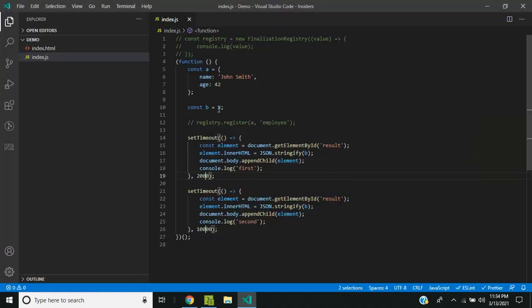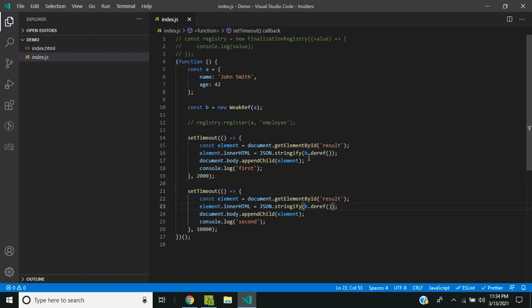So now let's try out the new WeakRef object. I am creating a WeakRef object B which is pointing to the object A, and I am trying to access the value using the deref method.